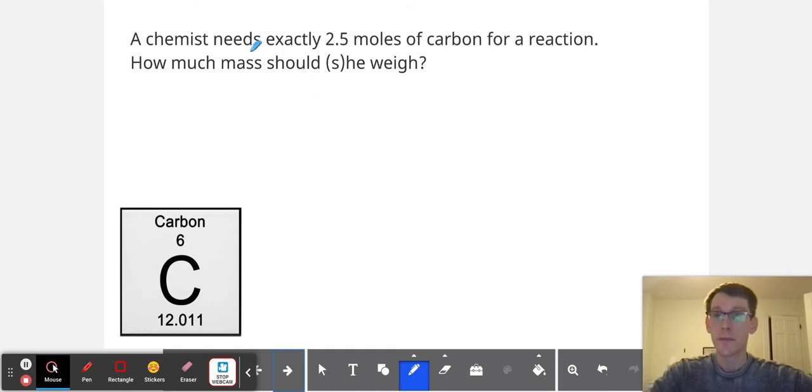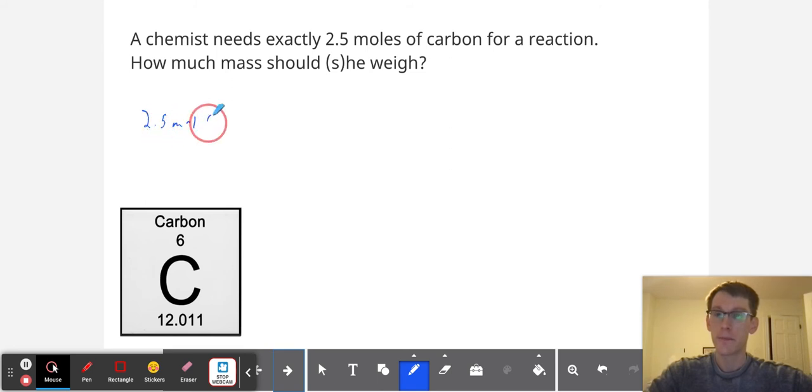So let's do some problem solving. A chemist needs exactly 2.5 moles of carbon for a reaction. How much mass of carbon should that person weigh? Right. So here's a case where, say, we have a chemical reaction that's always dealt with in terms of numbers of atoms or numbers of molecules. And so, of course, you can't just count out atoms or molecules. We need to use something that's easy to measure, like mass. So we can go from mass to moles, or rather, in this case, from the 2.5 moles to mass. So what we can start with is our 2.5 moles